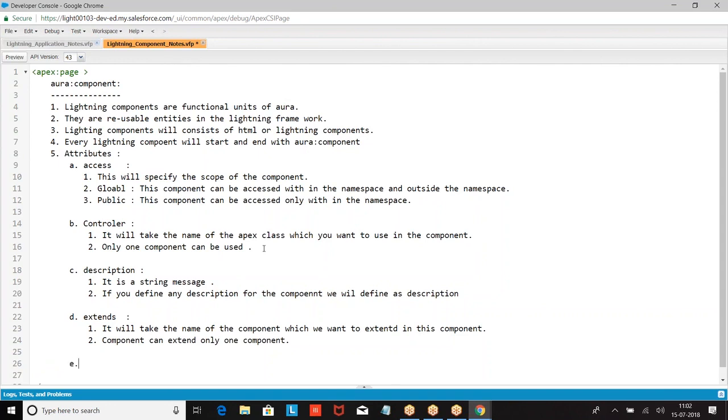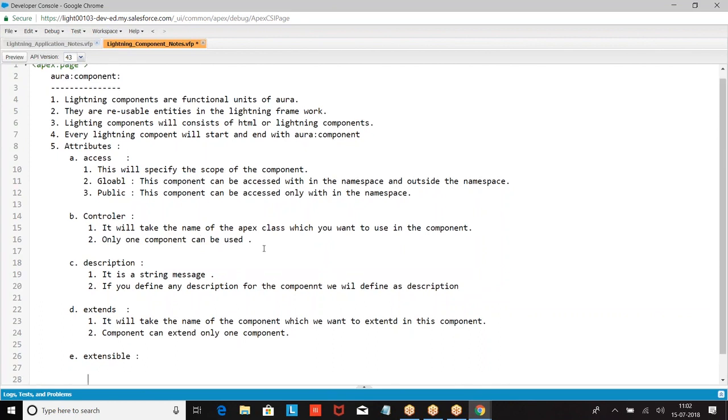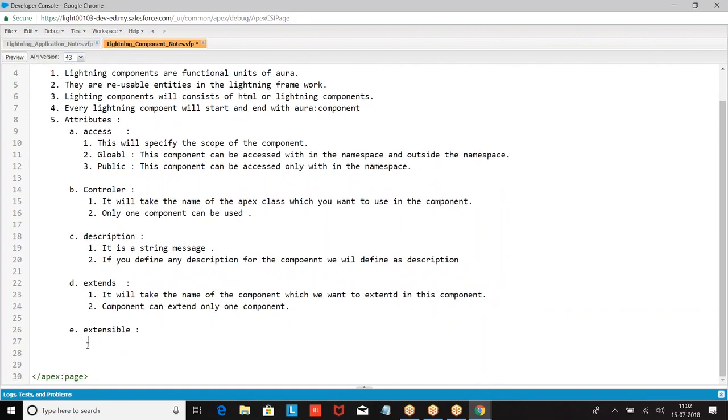Then we have extensible. It is a Boolean value. When set as true, this component can be extended.